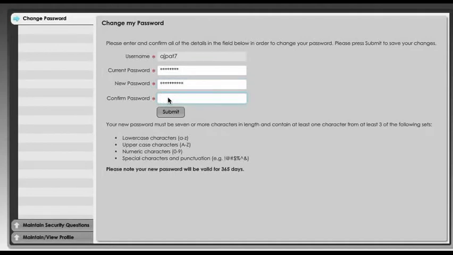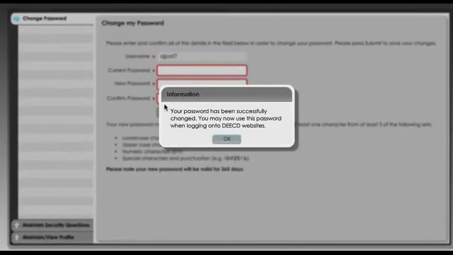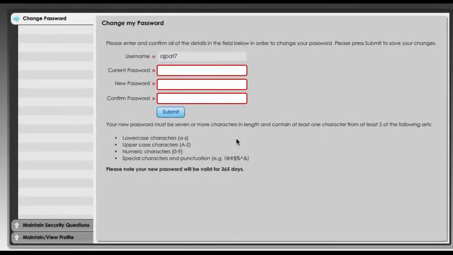And then just to make sure that we get it correct, we need to type it again. And then we click on the submit button. And hopefully we will get this message that tells us that our password has been successfully changed. And then we can click on the OK button, and then we can wait 15 minutes and log into Ultranet